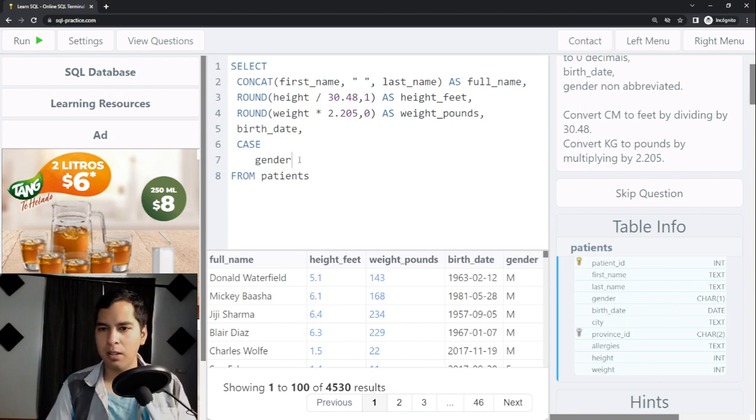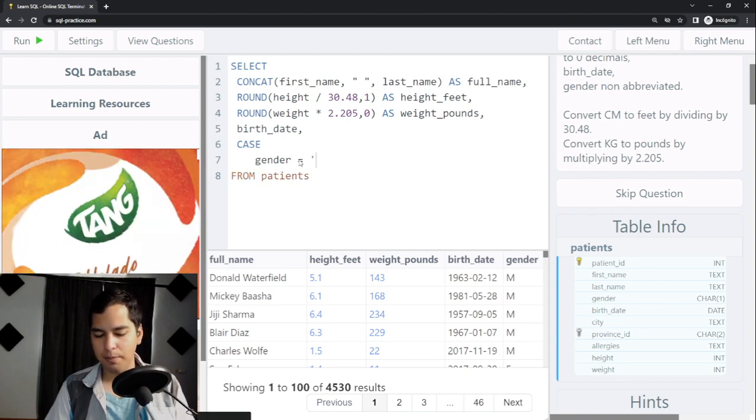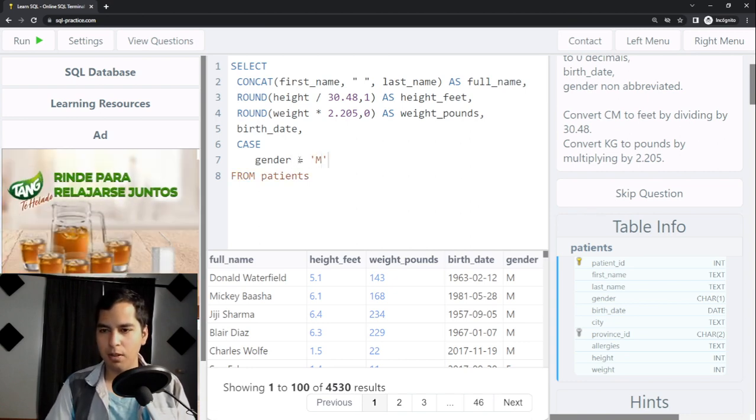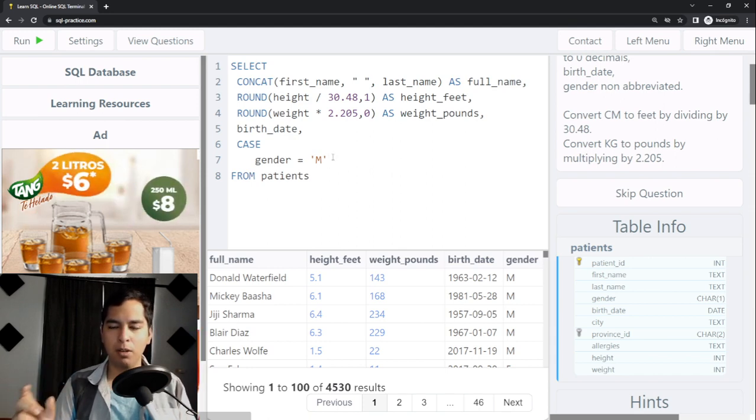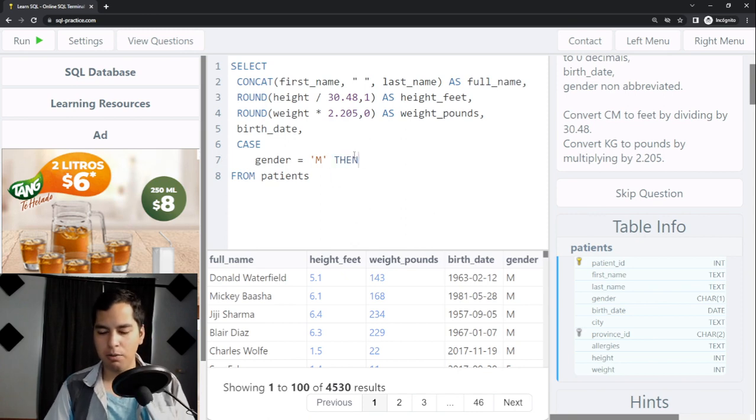So case, it's like if gender equals, for example, m. So if we have the value m, text m in the gender column, then replace it with male. Otherwise,